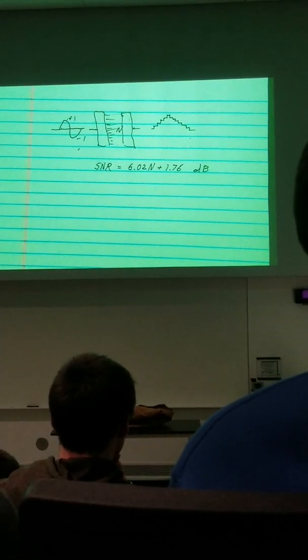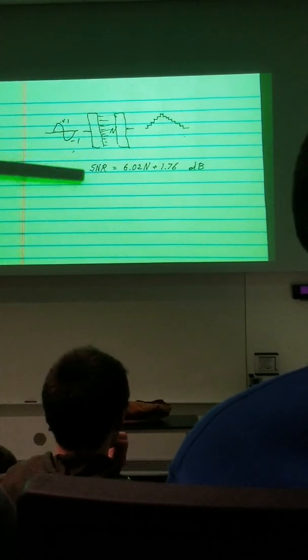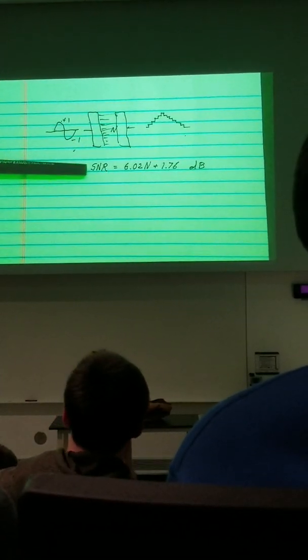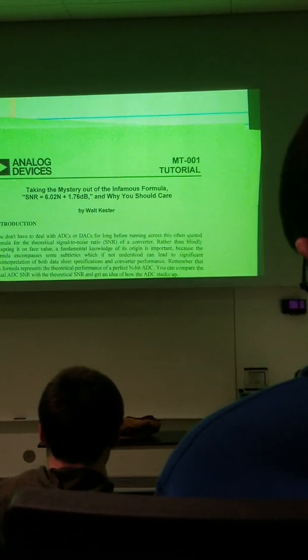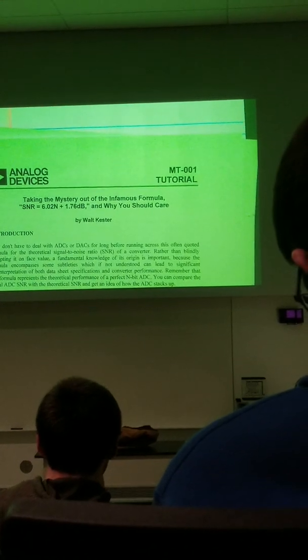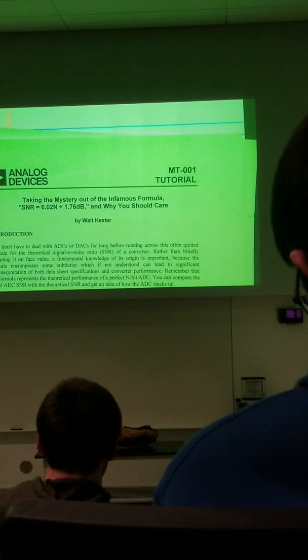If you're interested in how to take the mystery out of how this formula is derived, I posted this from Analog, "Taking the Mystery Out of the Infamous Formula SNR equals..." So this talks about it, and by the way, the seminal paper that was written in this area was written in 1948. So they were pretty forward thinking then. I believe it was Bell Labs, and clearly not thinking about 24-bit sigma delta A to D converters at that time. There, this derives it, and it basically